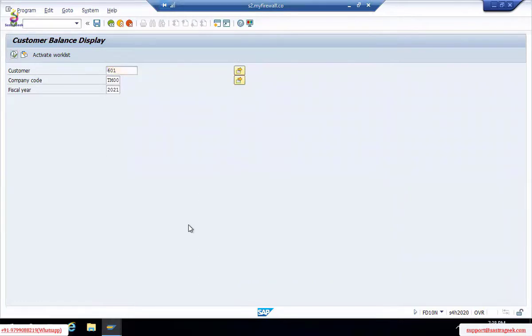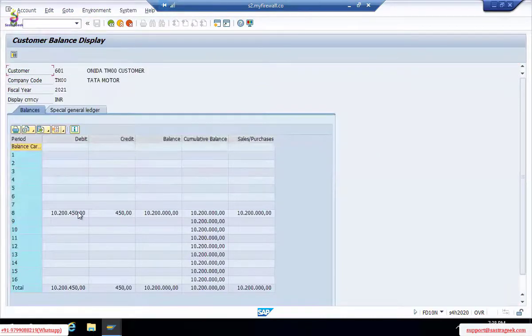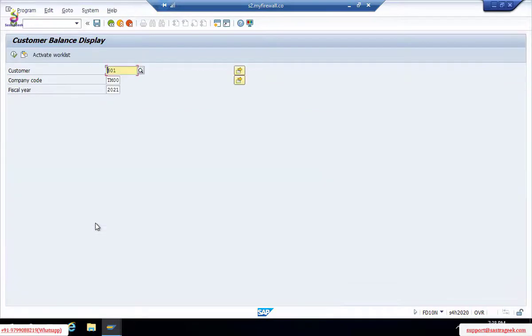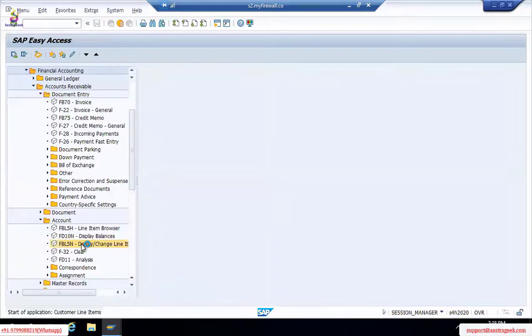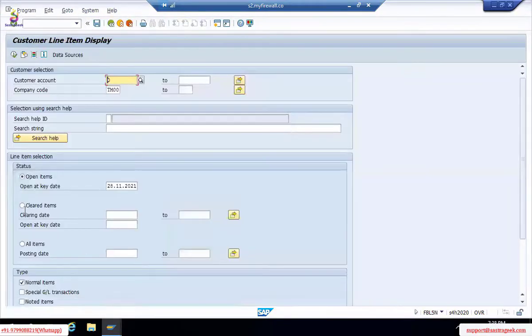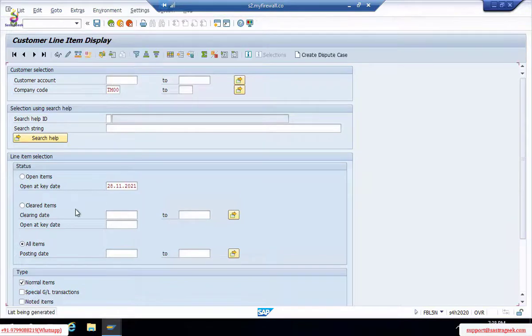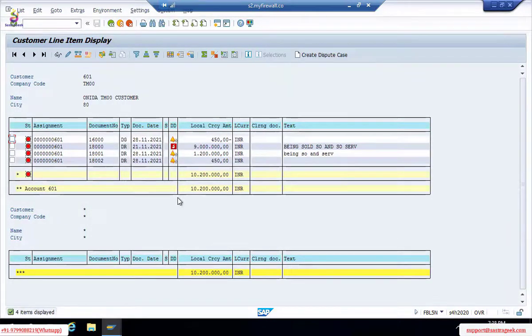It takes a little time to execute all these. It's to view only. Okay, we need to view. This is the cumulative balances and try to understand how we process. See, credit is showing 450. Total debit is showing some amount with 450. Okay, so this is a line item display. Now all items I'm trying to show. If you park also, you can. Special transactions we'll discuss a little later, just 2 to 3 minutes. So 10 to 15 minutes we discuss.